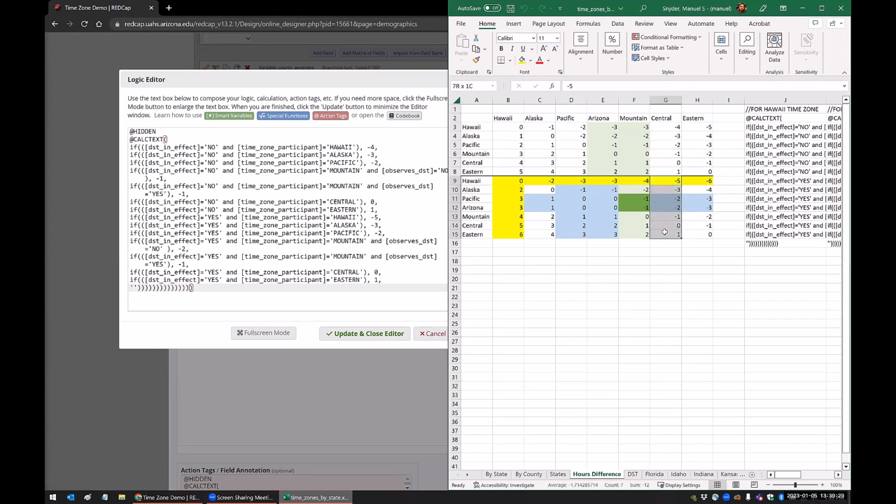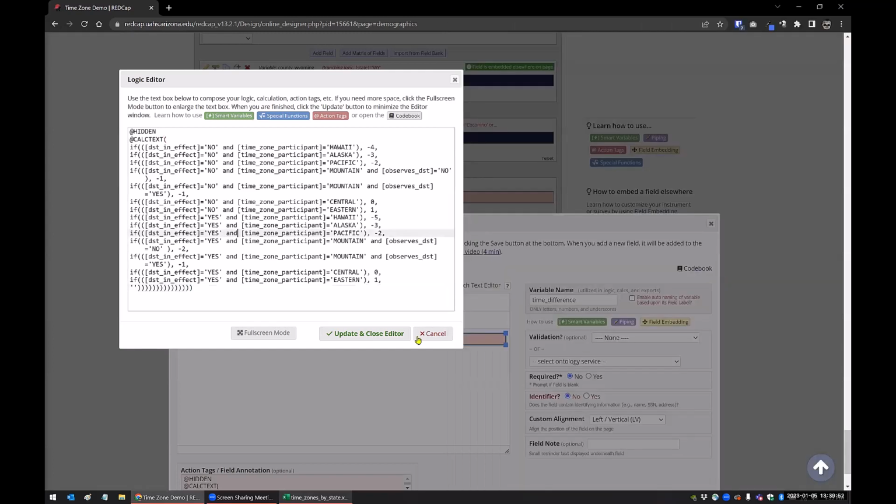then you also have to take into account daylight saving time. So Hawaii would actually shift an hour further. Arizona and California basically are on the same time, so then theirs changes as well. Since Alaska observes daylight saving time, theirs would stay the same. Mountain would stay the same. Central and Eastern would stay the same. So these are all hard coded in here